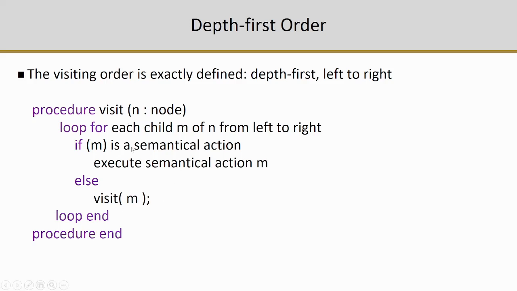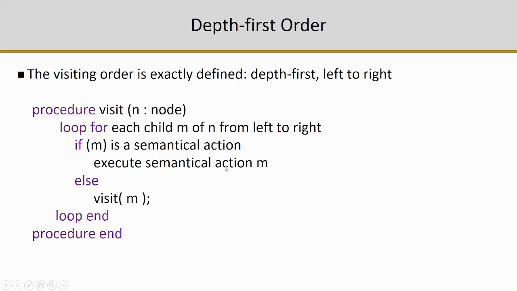As you can see, this algorithm is recursive. So if we visit a child and visit its child and each child, then we go through and execute the semantic actions in the nodes considered to be the grandchildren and children, and finally at the parent